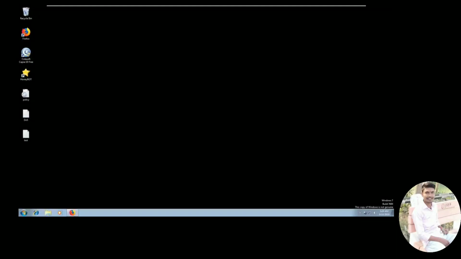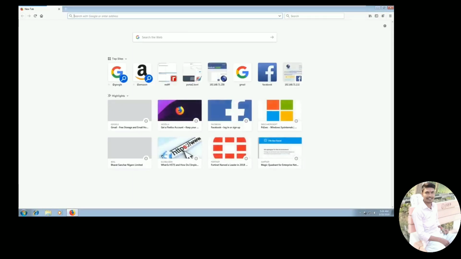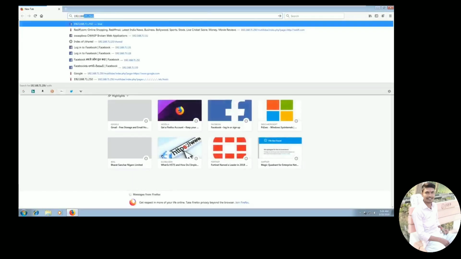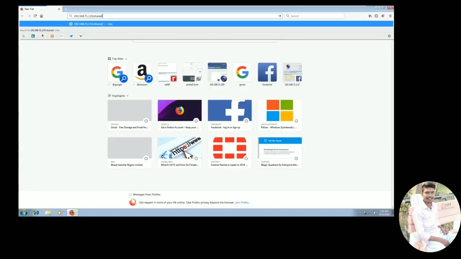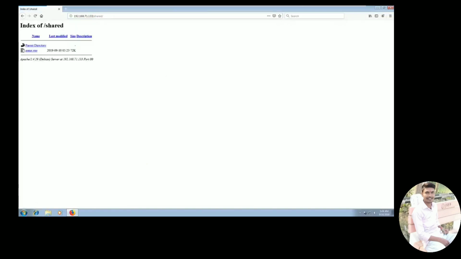accessible. So if you remember, the IP address of that machine was 192.168.71.133, and we were in the shared folder. 192.168.71.133 shared, and if this is done properly, we should see the game.exe right here. And once we click on it, it's going to ask us whether we want to save the file. 72.1 KB, we're going to save it, and I'm going to save it on, I think it just saved it